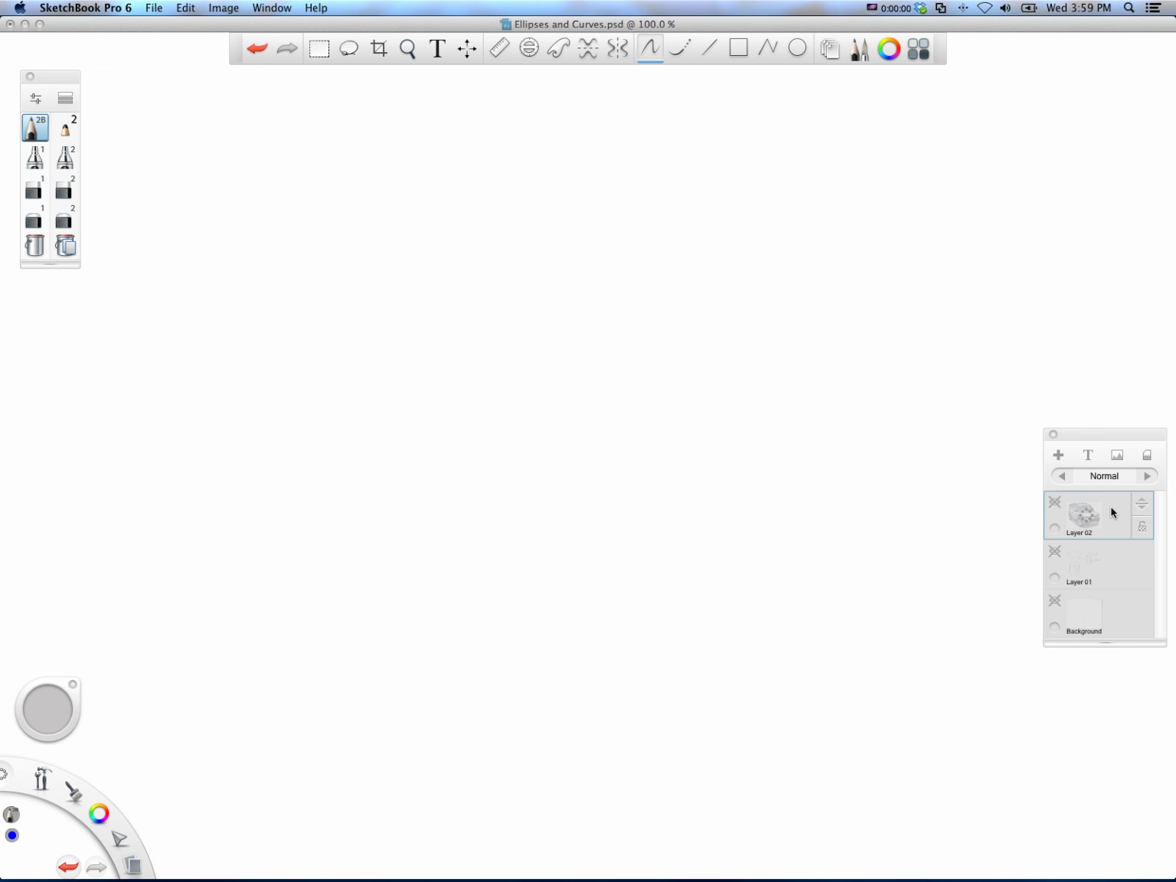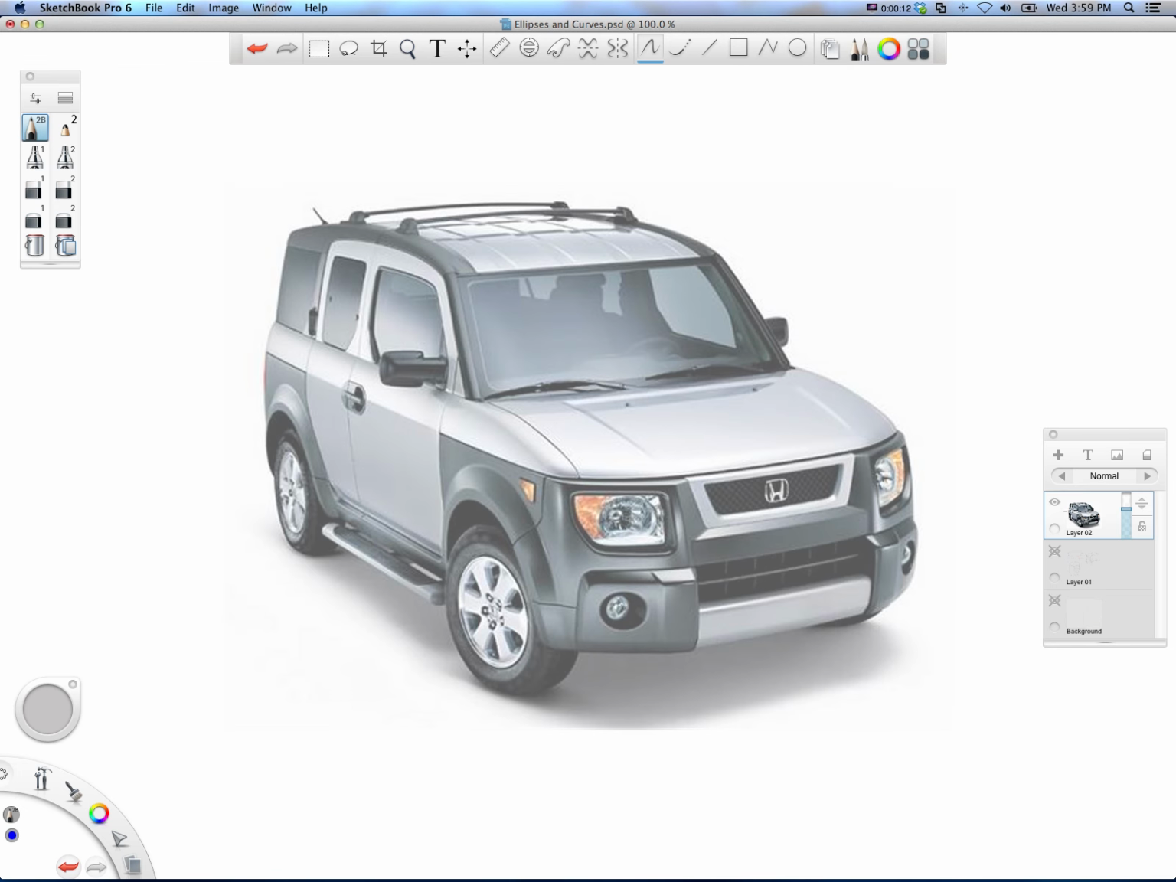Talking about curves and curved surfaces, if it's a convex surface, it accelerates as it moves away from you. Let's just look at the front of a vehicle. This is a Honda Element, and I just want to sketch on top of this real quick and show you